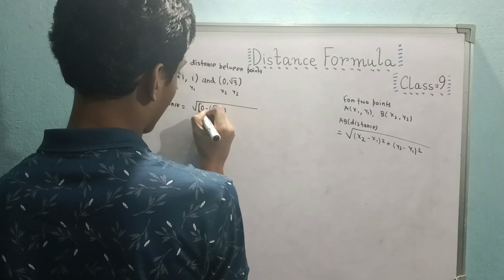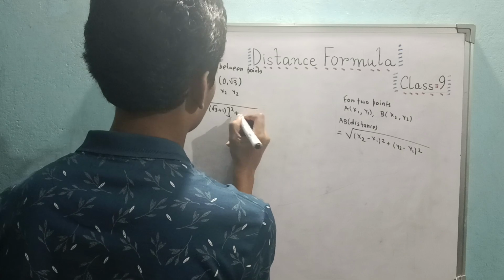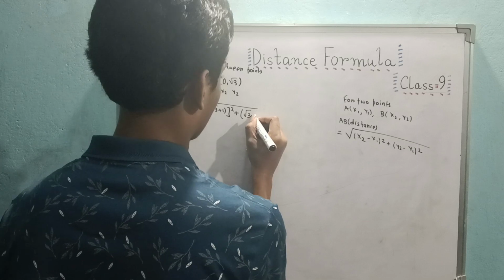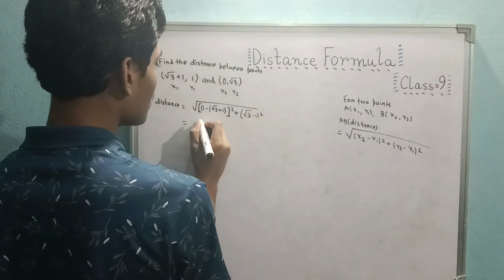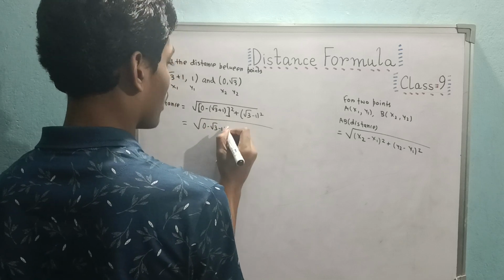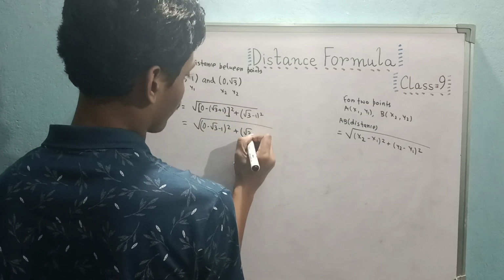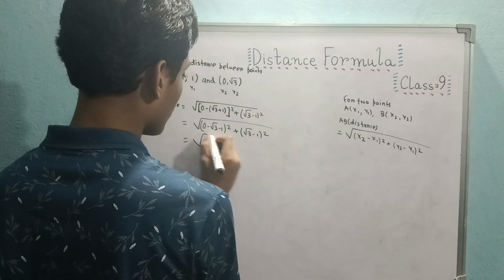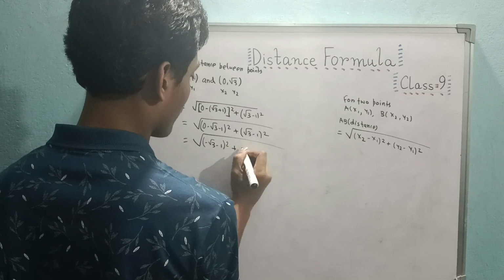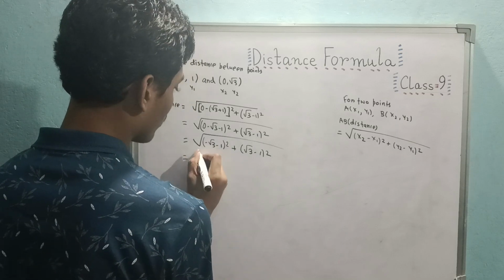Always be aware with the use of brackets. Okay, x2 minus x1 whole square plus y2 minus y1 whole square. y2 is root 3, y1 is 1, whole square. Then this is equal to 0 minus root 3 minus 1 whole square plus root 3 minus 1 whole square, equal to minus root 3 minus 1 whole square plus root 3 minus 1 whole square equal to, now minus root 3